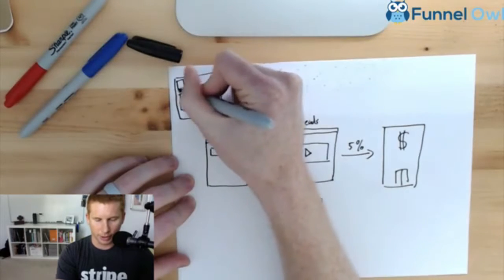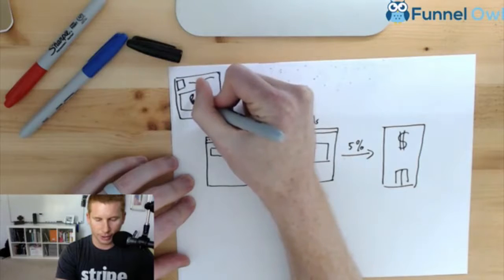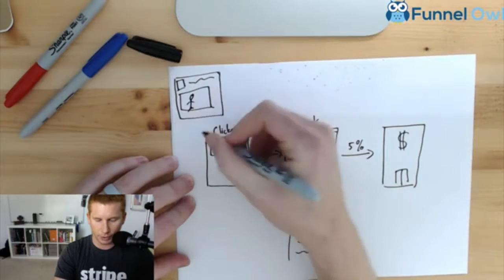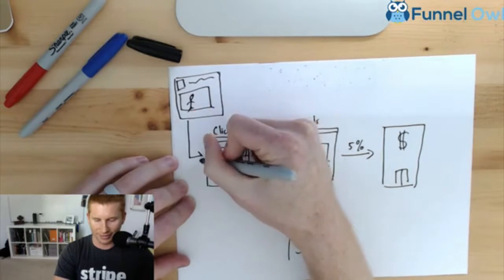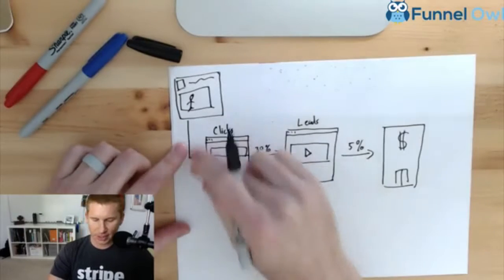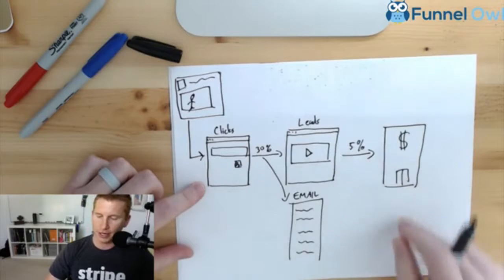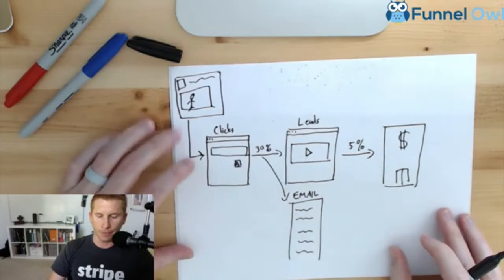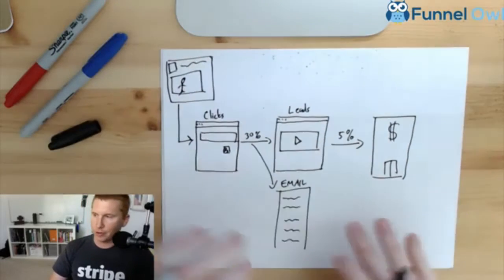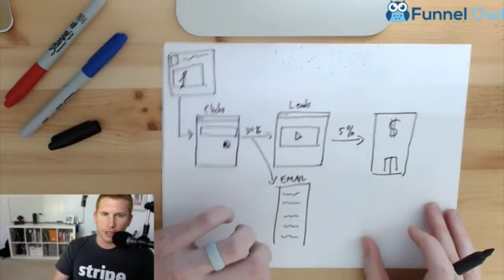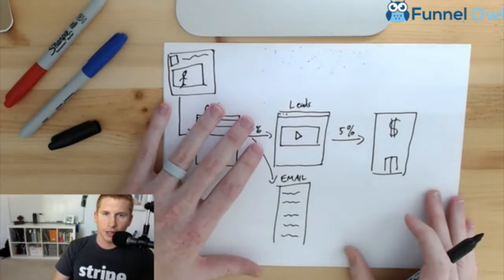Hopefully it looks better than this ad, but here's your Facebook ad. Always put a person in your Facebook ad. They click through, they go to this landing page. 30% of the time they're going to sign up to get on your list. 5% of the time they're going to buy. So given that all these numbers are constant, I want to show you a couple different scenarios of why